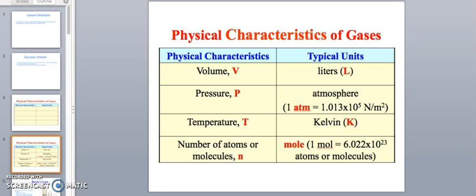Last but not least is moles, and we already know that a mole tells you the quantity of a gas. So 1 mole is 6 times 10 to the power 23 atoms of that gas, or 6 times 10 to the power 23 molecules of that gas. So volume, pressure, and temperature we already know, and number of moles is just the amount of the gas. So once we know this, we can move on to the first gas law, which is